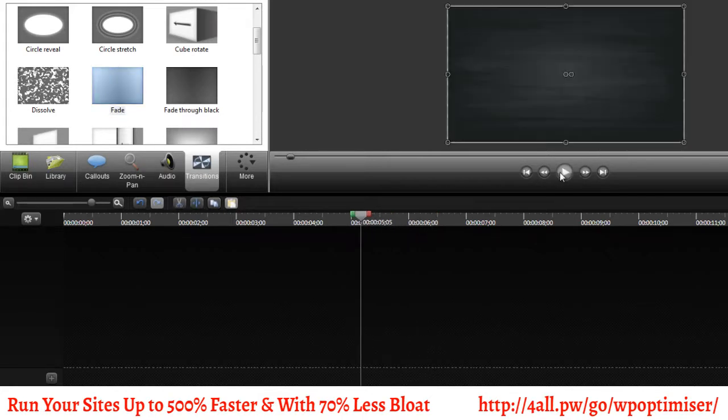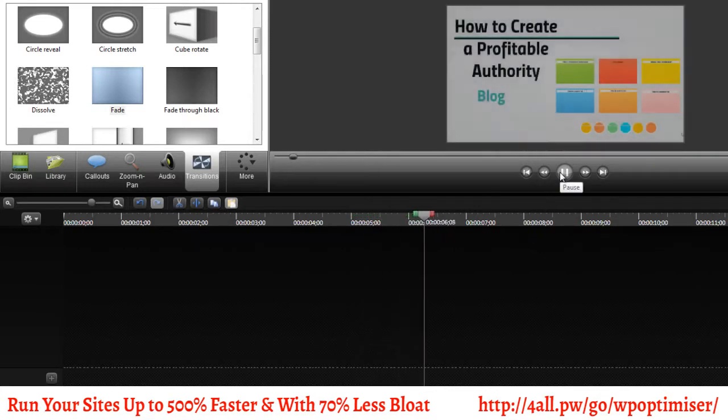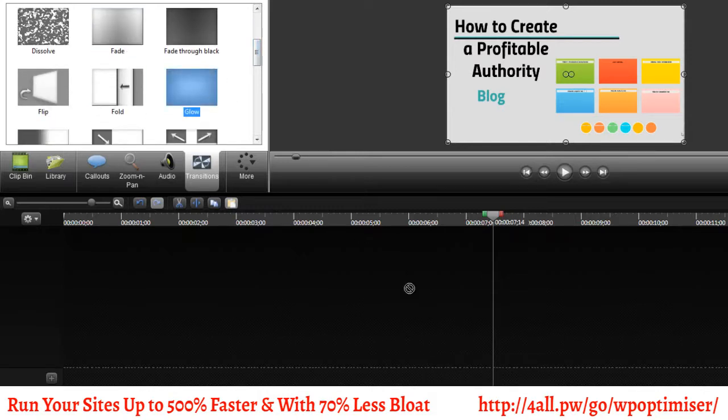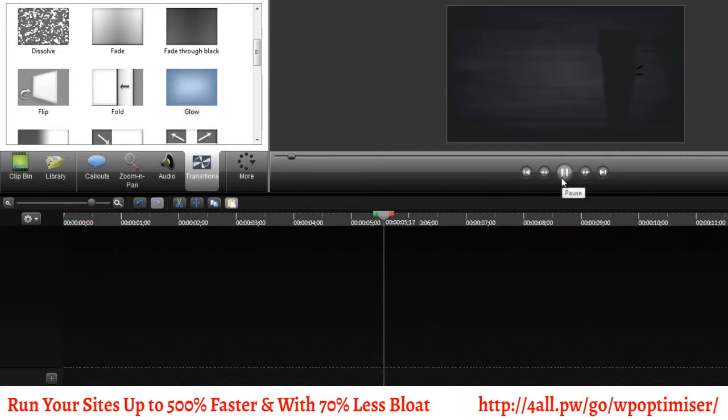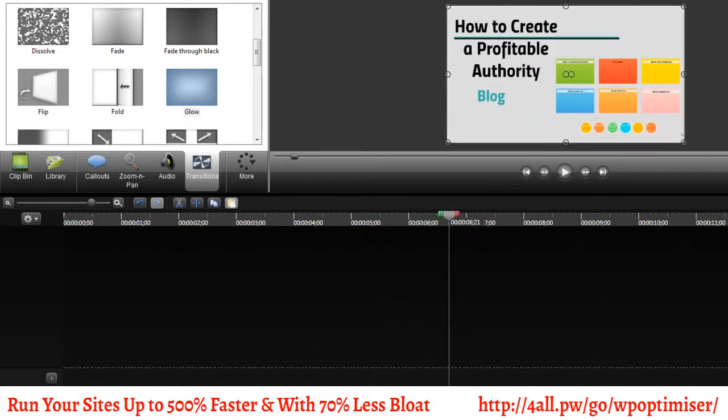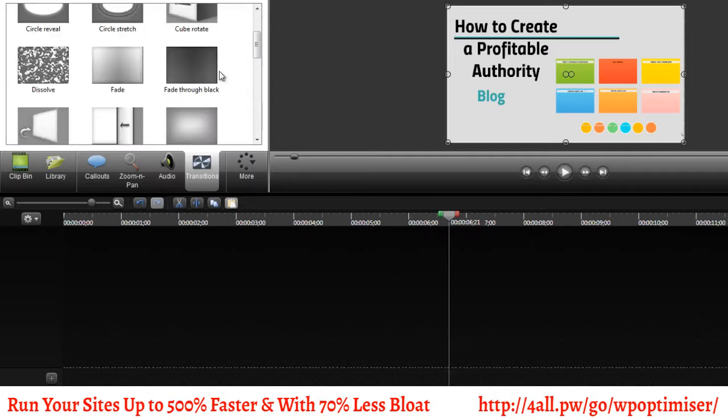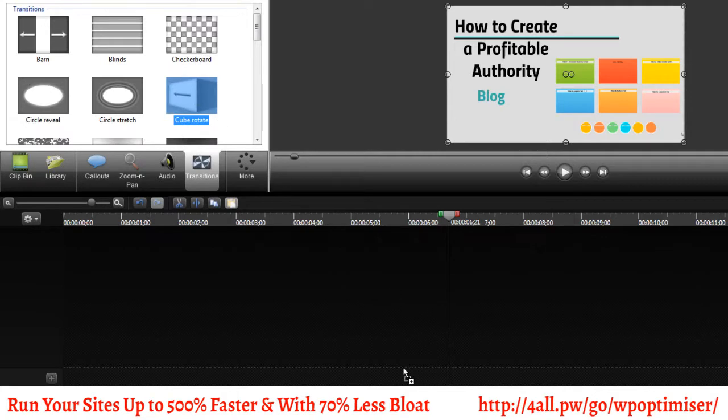So now when you click play, it fades in. Now, in my opinion, fades are fine. Glows are okay. Let's see. But the things that I would probably avoid and recommend you avoid using are things like the cube rotate, because it looks really old school